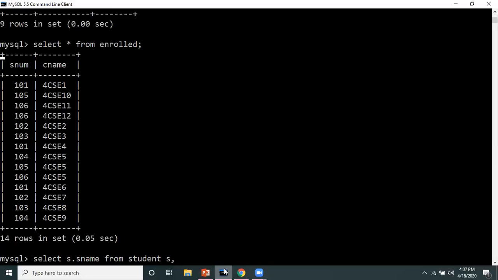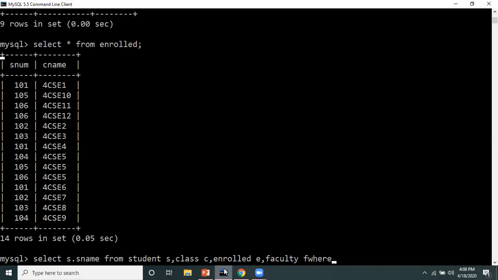Now next I have to join it with the class table, because class name will come from the class table. So I am writing a comma. Comma means I'm joining. Then class, for alias I'm using C for class. Then where they are enrolled, that will come from the enrolled table, and for enrolled I'm using the alias E, and finally I have to use faculty also, so I'm writing faculty, and alias I'm using for faculty as F. So basically we have to use all the tables for this query. So with commas I'm joining all these tables.